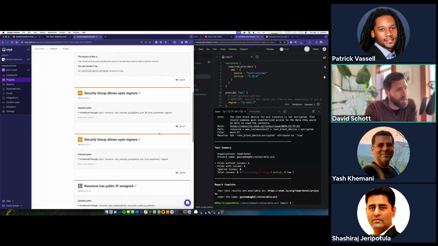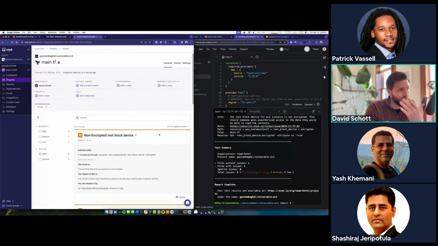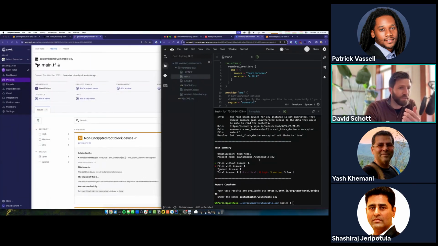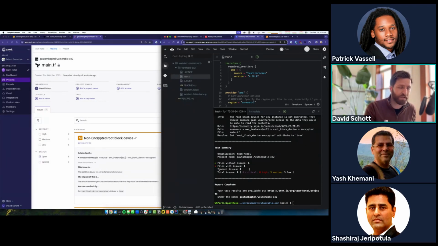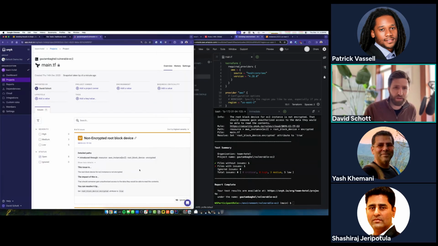Again, what we're looking at here is just a different user interface for the same kind of issues that we saw in our CLI scan. And the reason why this reporting is valuable, not just for infrastructure as code, but all the different parts of our application, is because of our CI/CD pipelines. Let's imagine we're running Snyk inside of a CI/CD pipeline. That might only run once or a couple of times a day, or maybe it runs once a week or once a month.